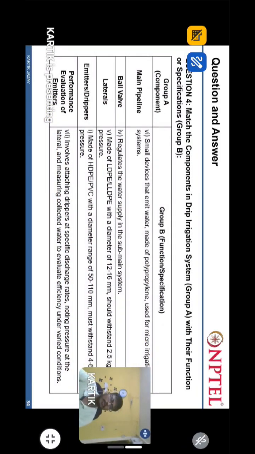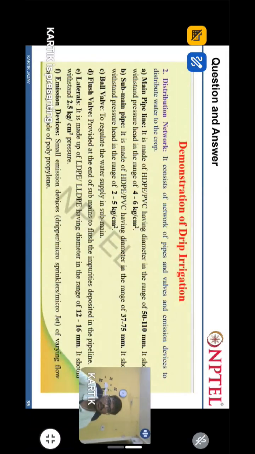Next question, number 4. Again, the components of drip irrigation are given. We need to match each with its function as well as specification. The first option is given as a main line. So let's